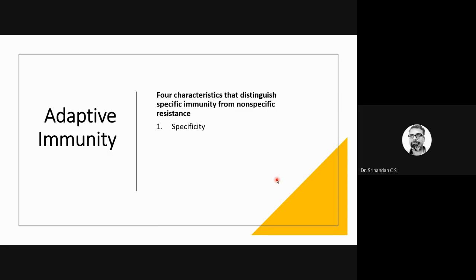here we are very specific in the sense they will not unnecessarily attack anything. For example, here we can take the example of say the phagocytes, or more easily we can take the skin in the innate immunity. Skin, irrespective of anything, any antigen, they are non-specific, and non-specifically they will not allow any of the microorganism to get in.